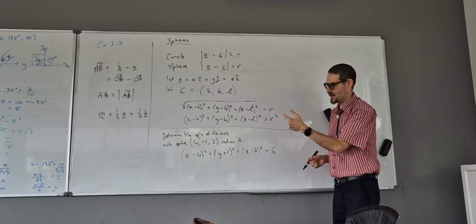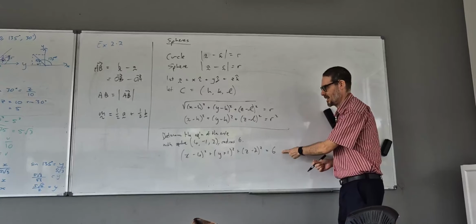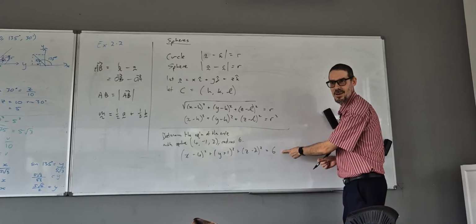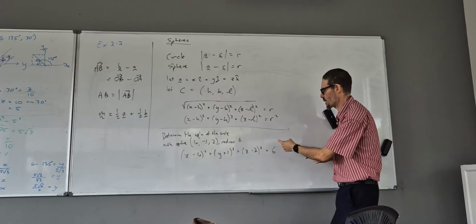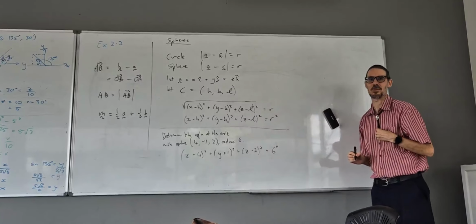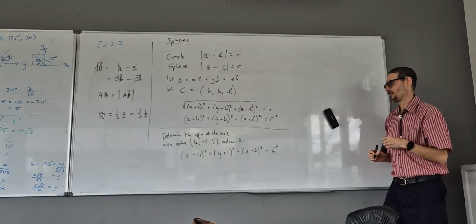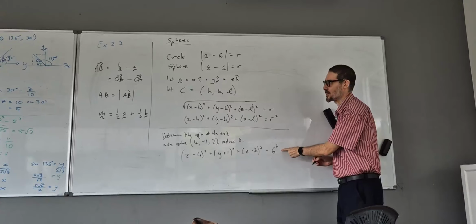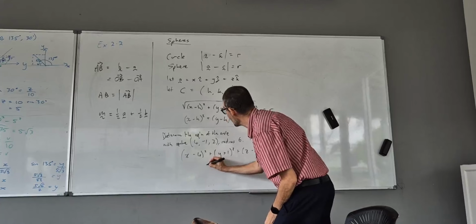It just said the syllabus doesn't say equation of the sphere. Isn't it? Sorry? Squared. Oh, sorry, 6 squared, thank you. 36, thank you. This is the Cartesian equation because the vector equation would be